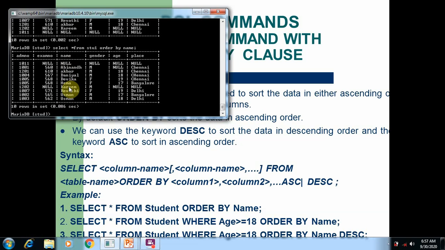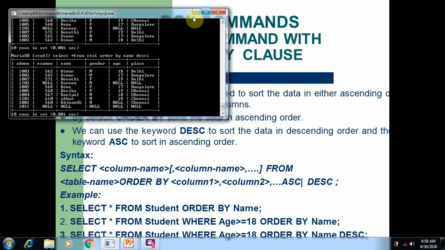So in the same way, if you want to display the names in descending order, then simply type the order by name and the keyword called DESC. DESC means descending. So now you can see the same table values in descending order where null value is displayed at the last record, and from the descending order all the records are ascending ordered by the field